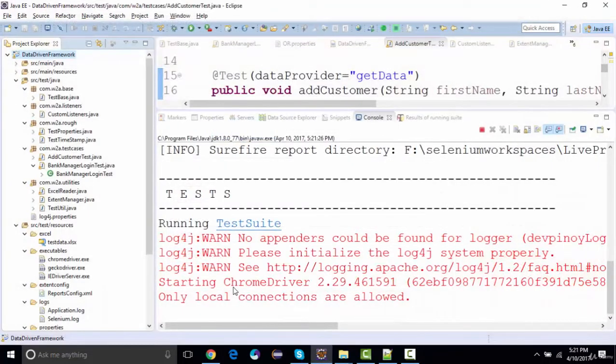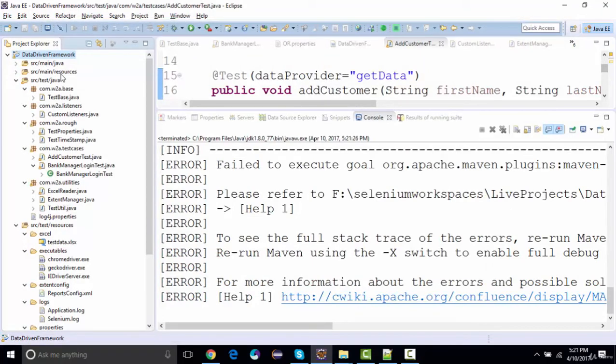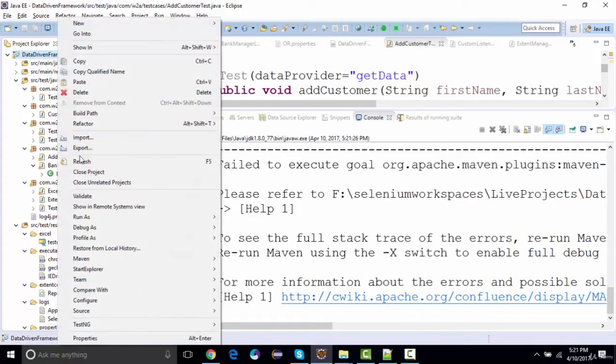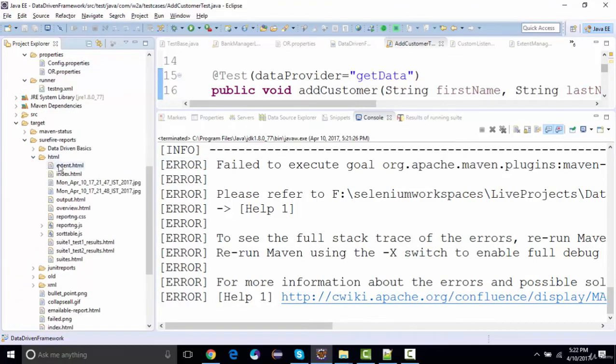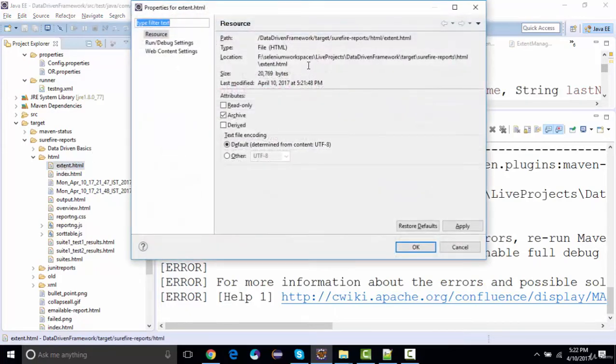Right, all the steps are executed. And now if I refresh this project, and if I open the Surefire reports, the extent report, now we're going to see